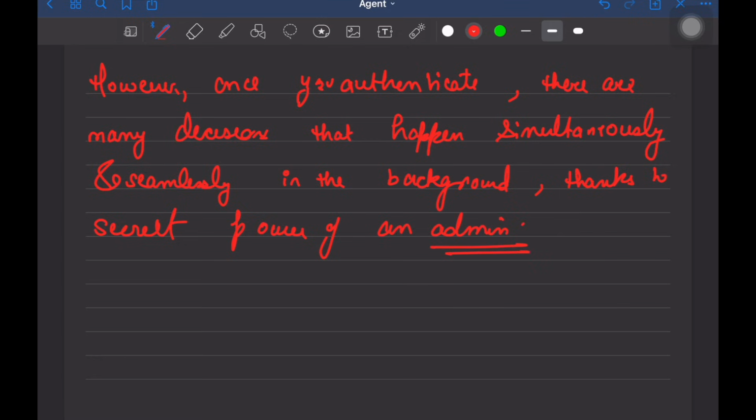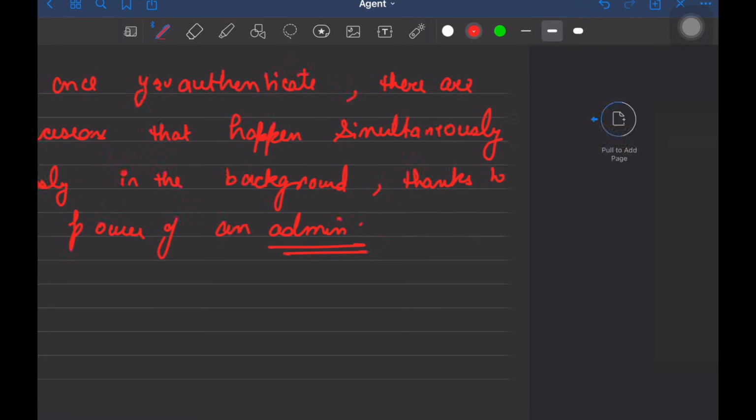right? So although we are able to authenticate and we use a lot of features from our application, behind the scenes a lot of things are done by the administrator, like what actions you are allowed to see, what actions you are not allowed to see. All of these things are handled by the admin, right? And we can say that